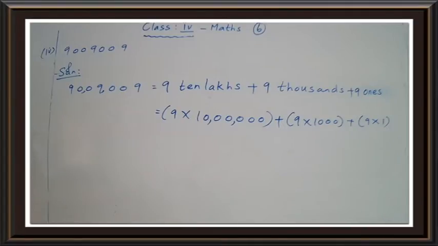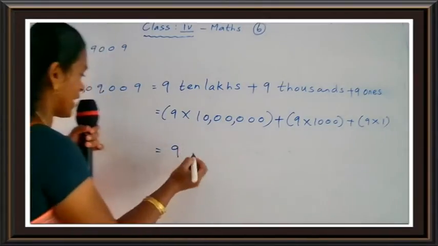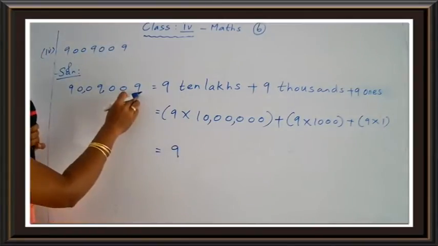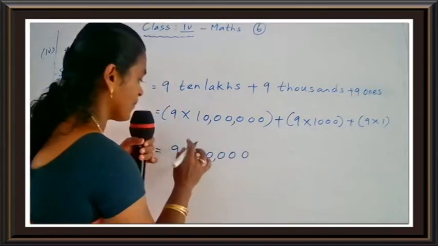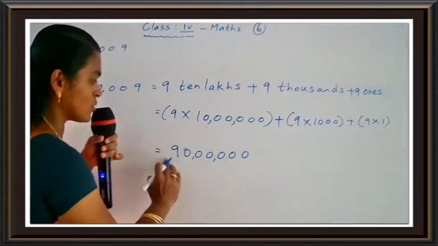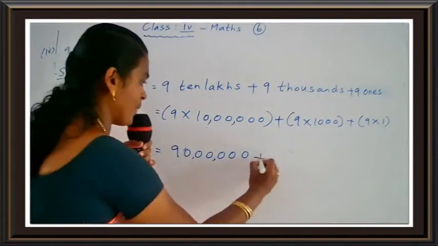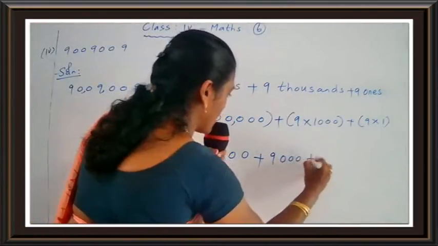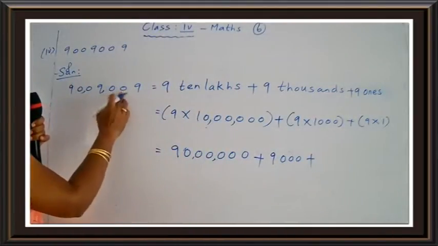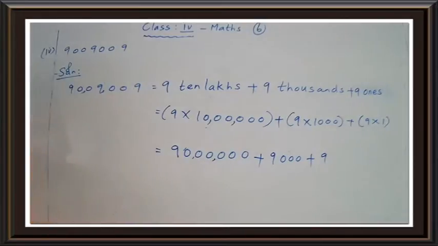Okay, now you write in the third way. What is the place value of 9? 9 ten lakhs. The remaining digits are 6 digits, so you put 6 zeros. So 9 ten lakh is equal to 90 lakh, plus 9,000, 9 into 1000 or 9,000, anything. Then 0, 0. Now you come to the ones place, 9. So your answer is 90 lakh plus 9,000 plus 9, which is equal to 90 lakh 9,009. Okay, children, do you understand?